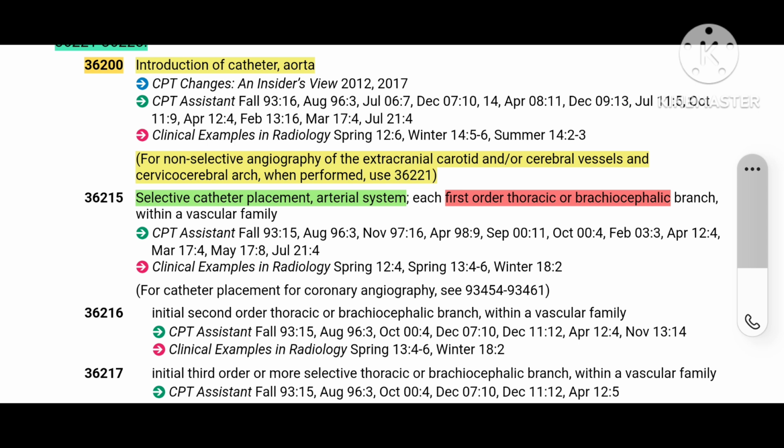And 36216 will be used for initial second order. That means after crossing the first order, if we are entering into the second order, we can use 36216. And 36217 will be used for initial third order or more selective thoracic or brachiocephalic branch within a vascular family. So in the upper extremity region, if we are going to enter inside a third order artery, we have to